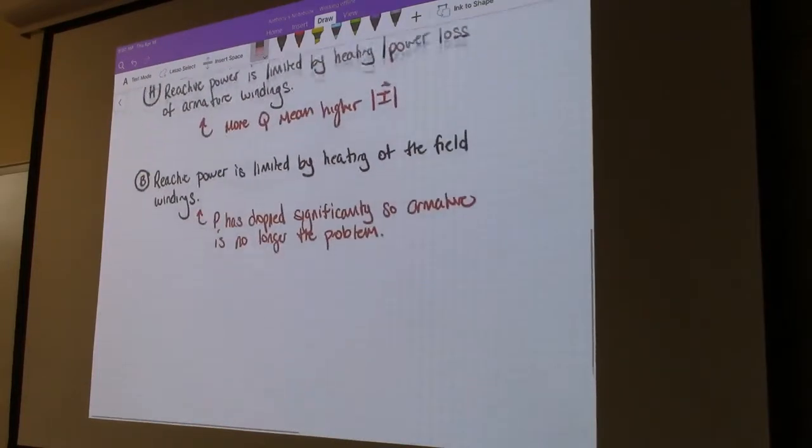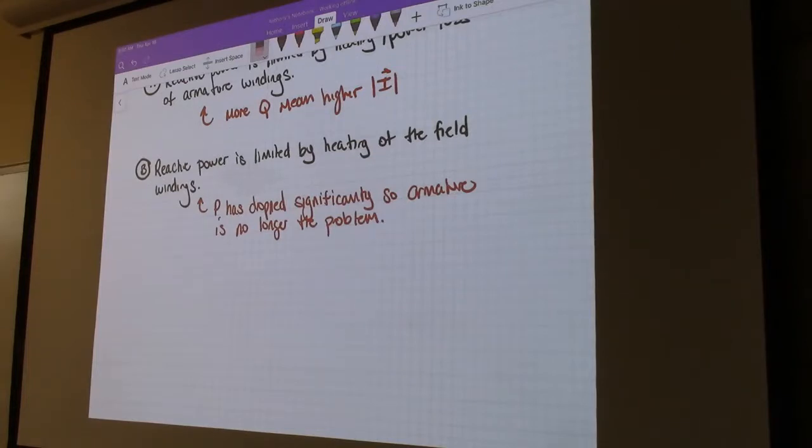Yeah. So C is similar to B. All right, so